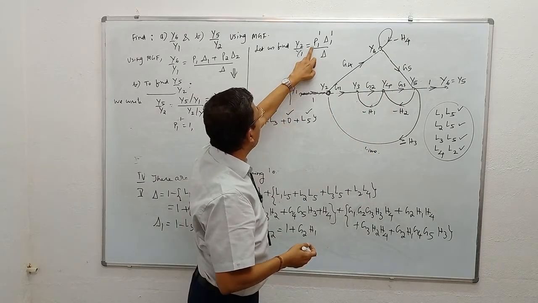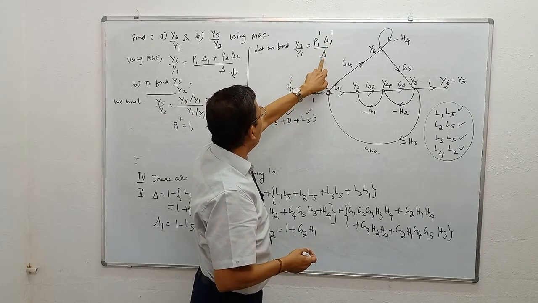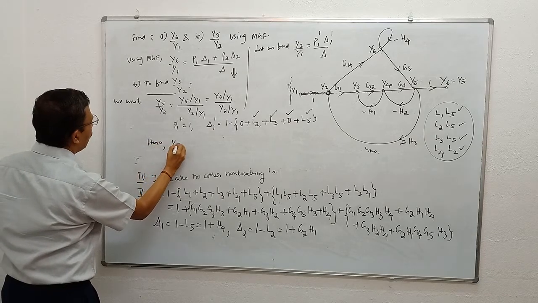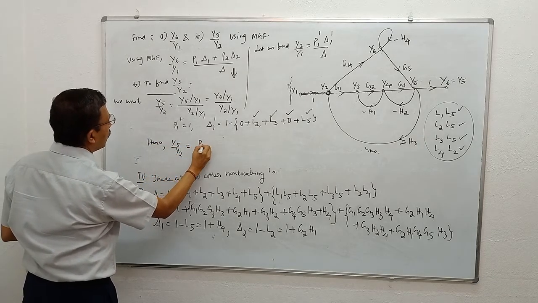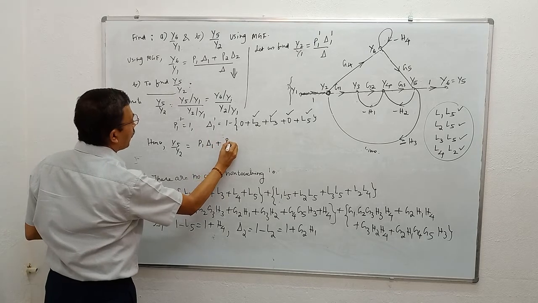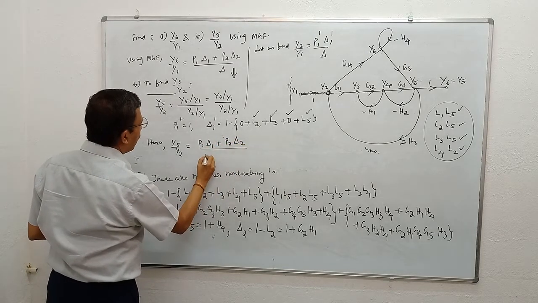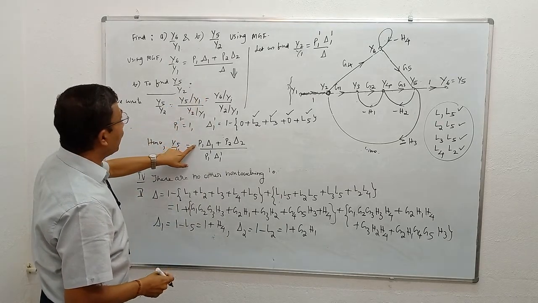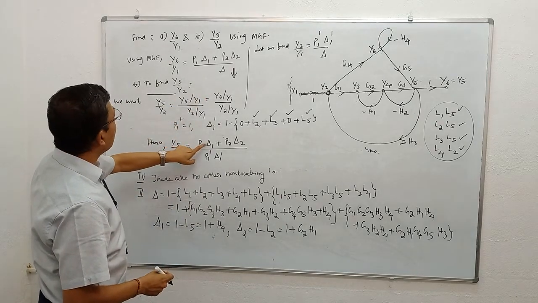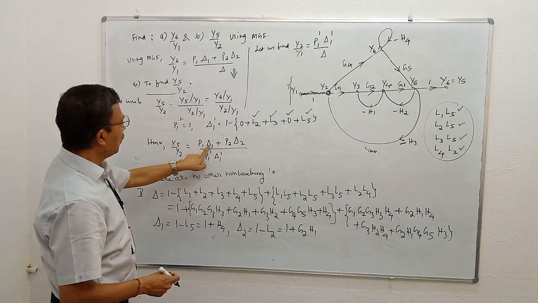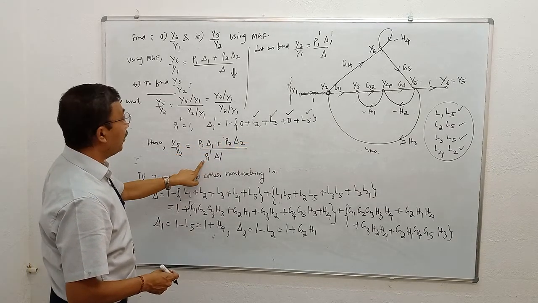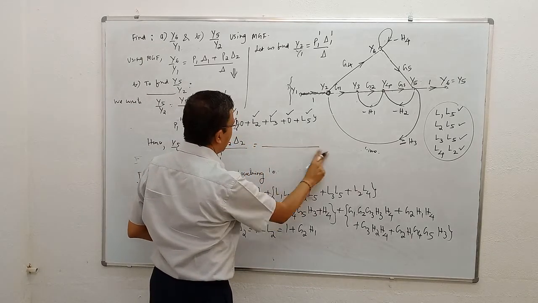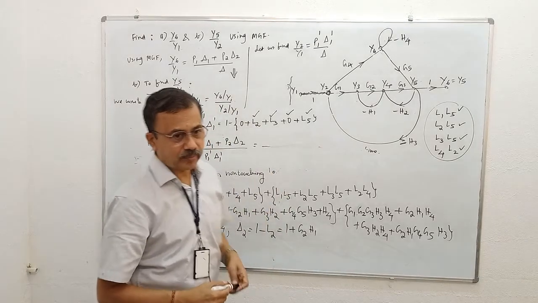That means you know P1 dash, you know delta 1 dash, you know what is delta. Hence y5 by y2 is equal to P1 delta 1 plus P2 delta 2, divided by P1 dash delta 1 dash. Delta gets cancelled. P1, delta 1, P2, delta 2, P1 dash, delta 1 dash you know, so you substitute and keep the answer. Slightly tricky problem, but a good problem. Thank you.